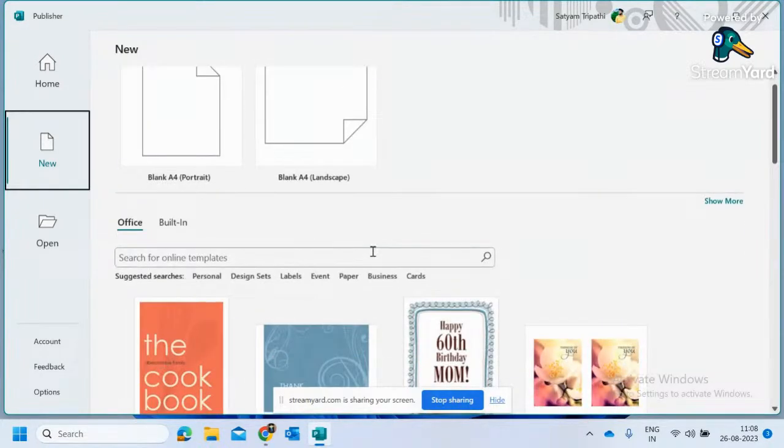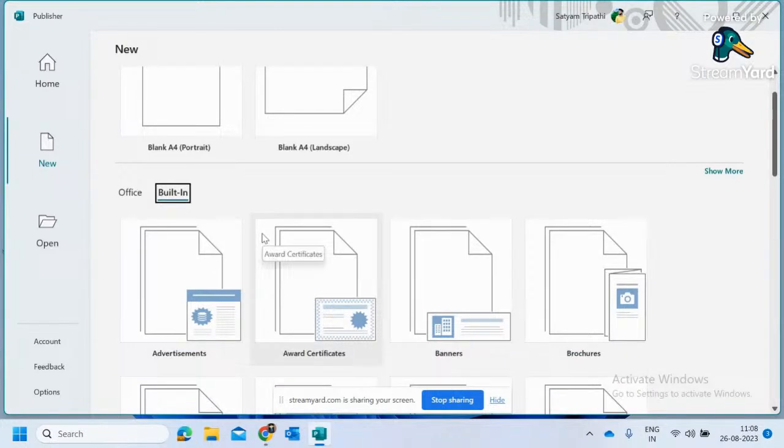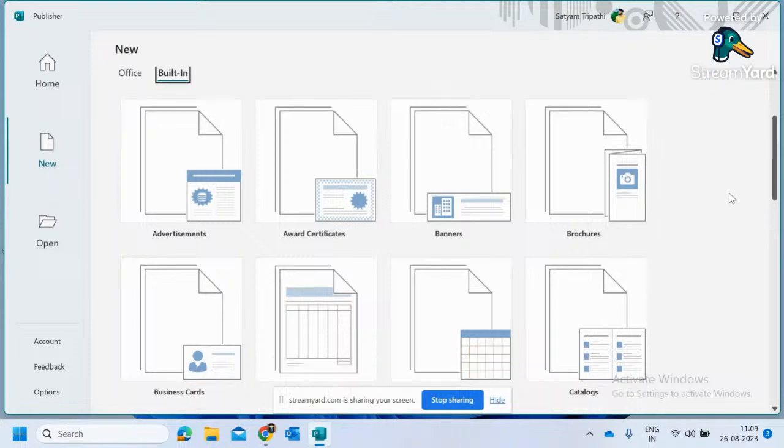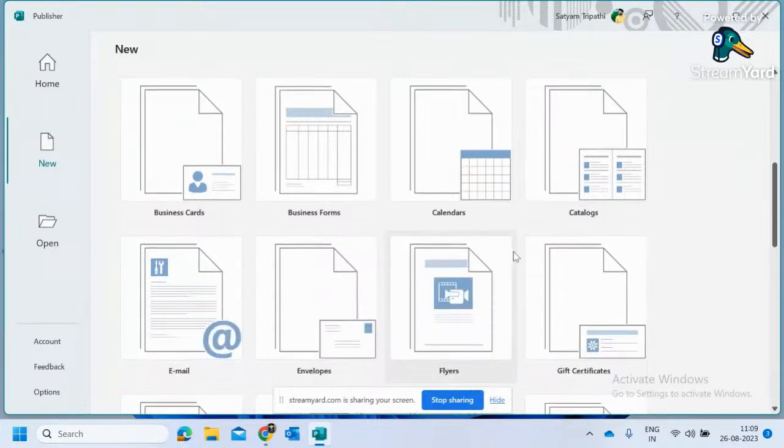But there is one more thing which I would like to mention. This is a built-in, important feature of Microsoft Publisher. So here, if you see, the templates are based on the name. So if you want templates in a particular area, like advertisements or award certificates, banners, brochures, once you click any of them, like if you click